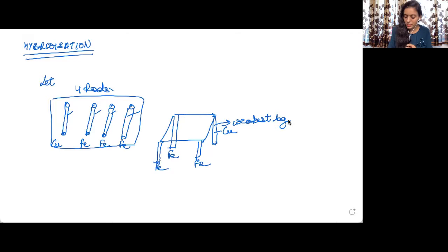So the solution is we can melt these 4 rods, intermix the material, then again make 4 rods out of that material. Melt the 4 rods, intermix the material, and again form 4 rods which are having equal distribution of both the materials.